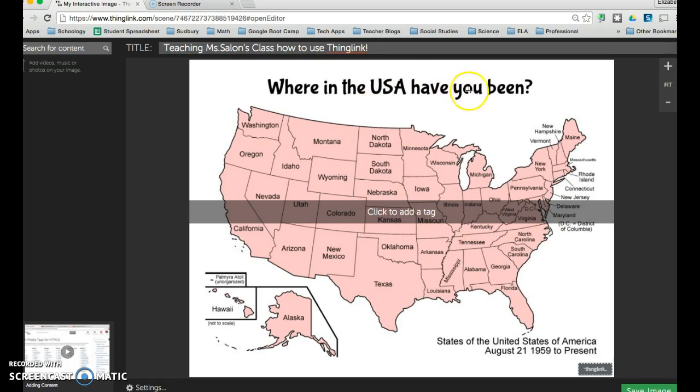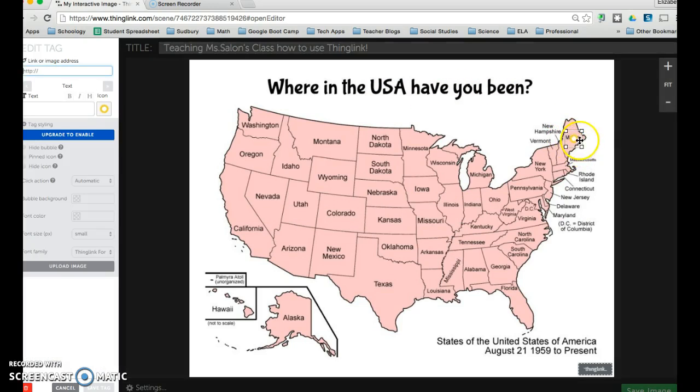So this says, where in the USA have you been? I've been to Maine, so I'm going to click on Maine, and if you notice, a little dot appeared with a little grab handle box around it. That little box indicates the space that you can click on to access that tag. So over here, I'm going to say,